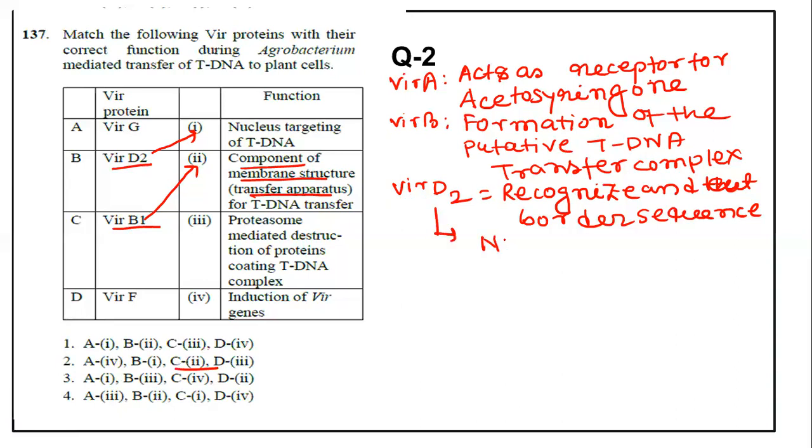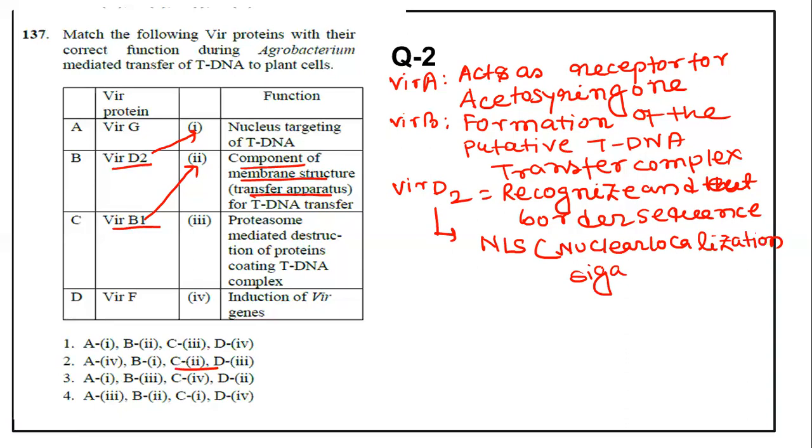VD2 contains an NLS, or nuclear localization signal, because after cutting, the region of the tDNA must be transferred